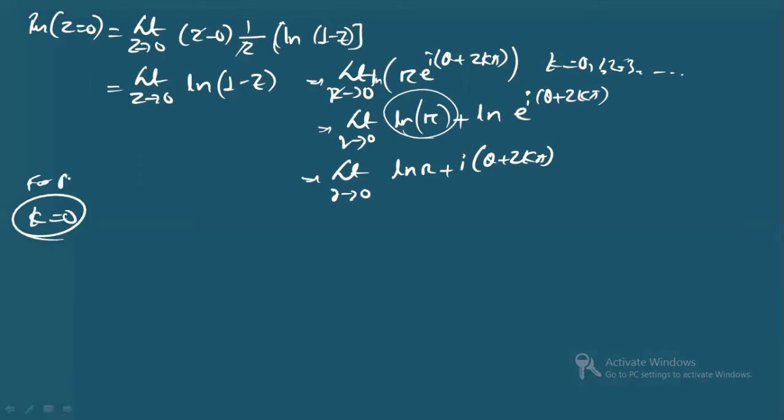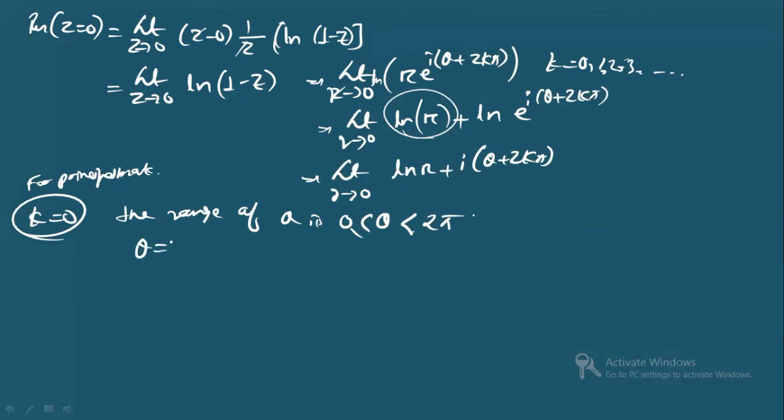So finally, if you see here, for the principal branch, k equals 0. K equals 0 for this principal branch. The range of theta is what? Theta is greater than or equal to 0, but less than 2 pi. Right. We have seen in branch points also how we take the principal branch and how we see the range. So there you can go and check if you're having a problem. So now you see for the principal branch, that is for k equals 0, the range of theta is greater than or equal to 0, but less than 2 pi.